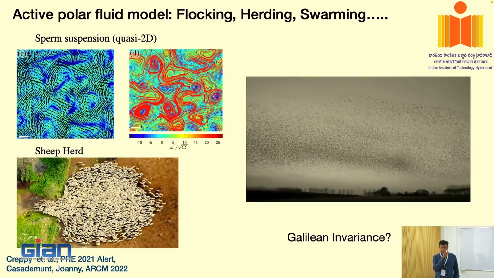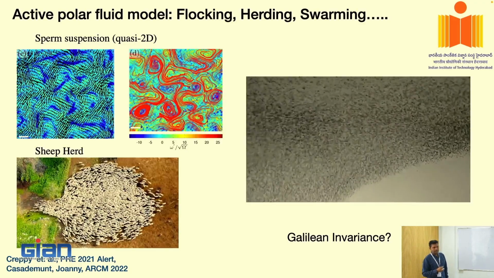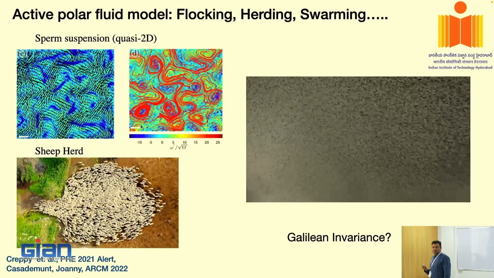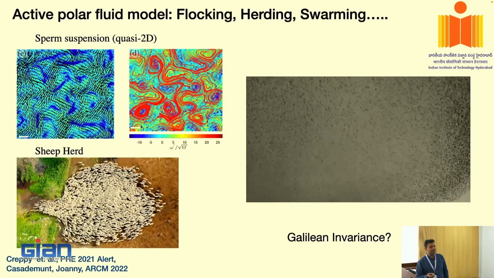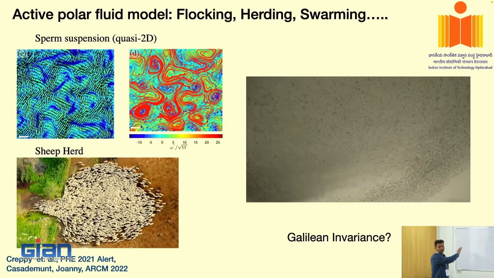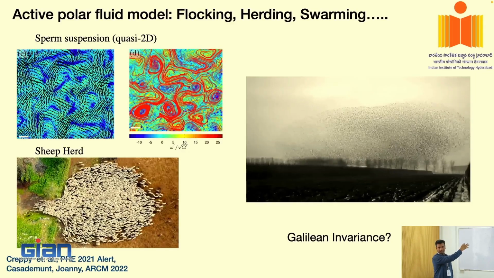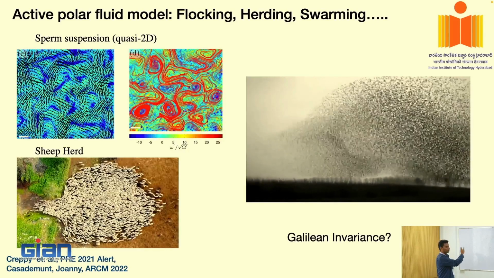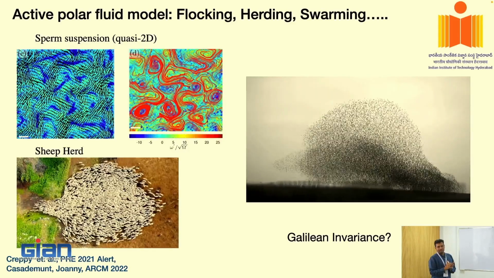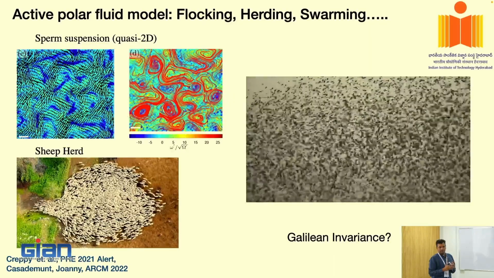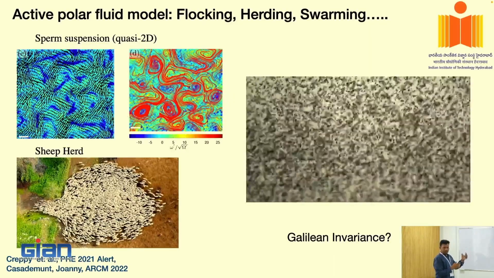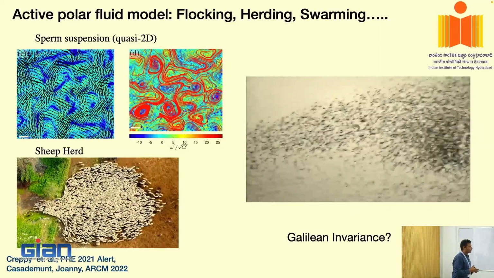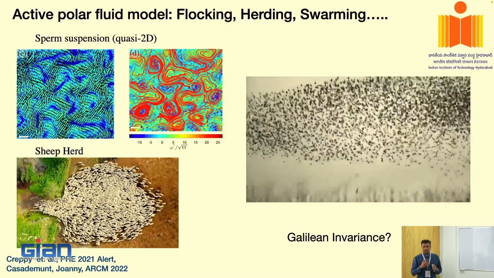Okay, so this was an important point, and on the basis of this, Toner and Tu said we can take our Navier-Stokes equation, break its Galilean invariance, and that equation should be able to describe all possible dynamics which govern this kind of motion, right? So they did not say it is going to be specific only to birds or sheep or anything. They said the idea is simple. If there is a system which is breaking symmetry spontaneously, by the argument that I had just made, then it is no more Galilean invariant.